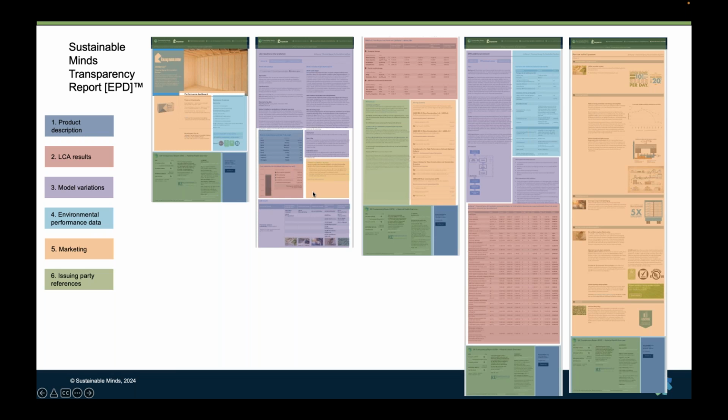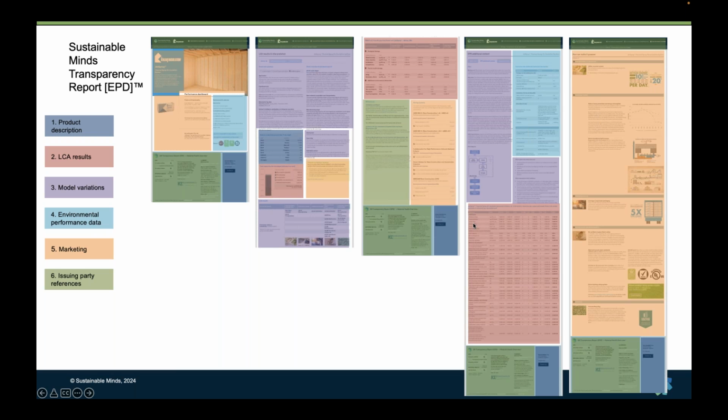Images, performance information. Actually, this is where we start talking about what the manufacturer is doing to make a higher performing product to make the LCA results make more sense. Here we provide all the information about how this EPD and this type of EPD contributes to the Green Building Rating System credits.